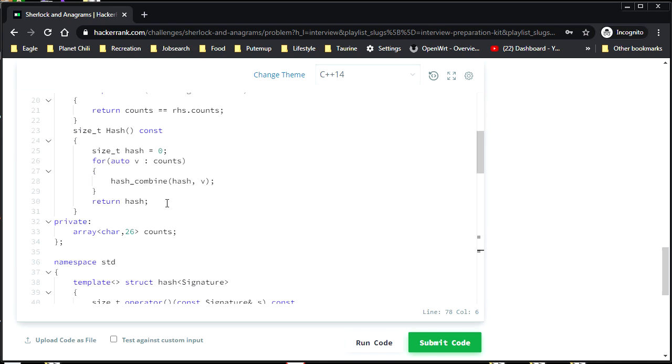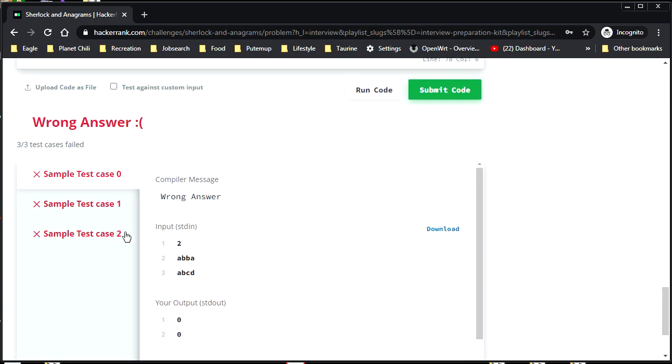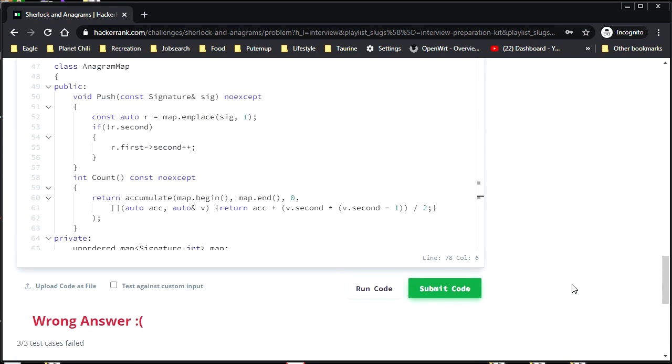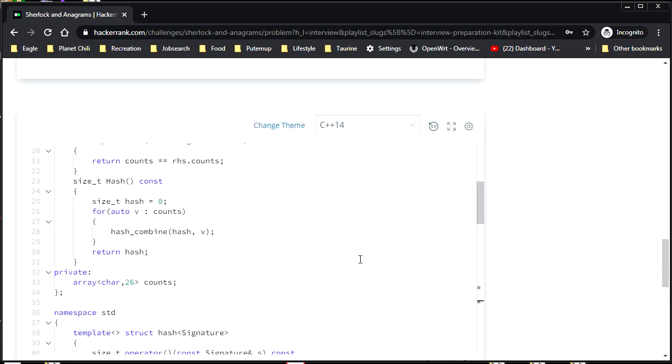What is wrong with this code? Where is things going wrong? Because I'm going to tell you right now, it's one very small thing. I've put it in here on purpose. And yeah, if you're interested, I suggest you pause the video, code this up yourself, and then maybe try to figure out what went wrong. But I'm going to tell you right now, spoiler alert, the problem